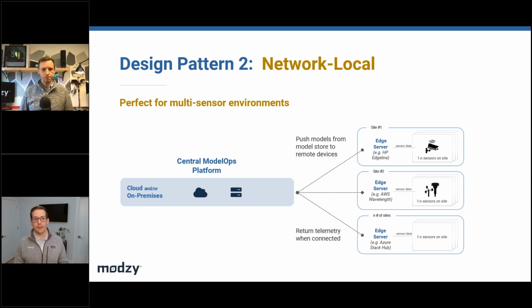Moving on, the next design pattern we see is similar to what Seth was just describing, something that we call network local, which again is similar to native edge, but can handle larger workloads. So let's do a quick comparison here. We can deploy a single model to that Raspberry Pi, and you saw some of the telemetry data that was returned. And maybe you can get away with a 500 megabyte model that requires a couple hundred megabytes of RAM